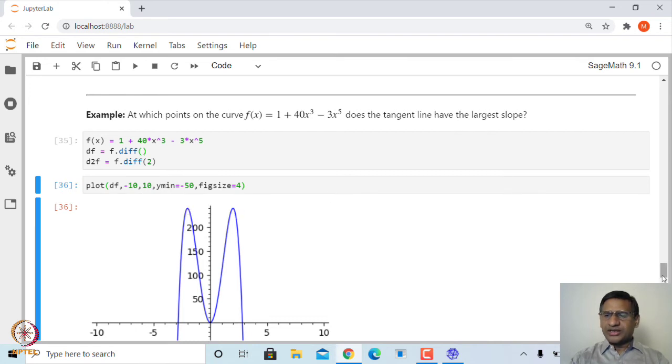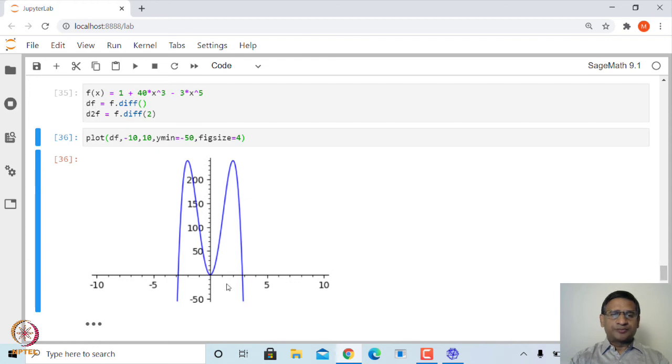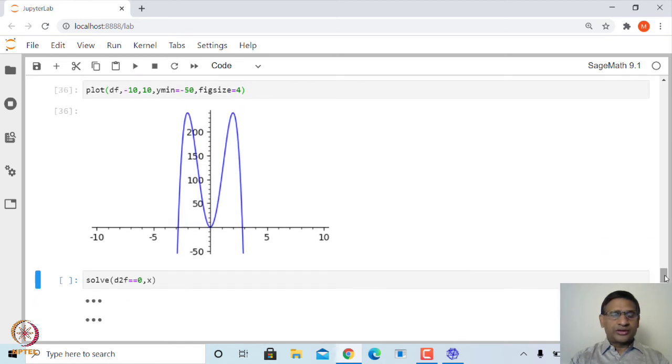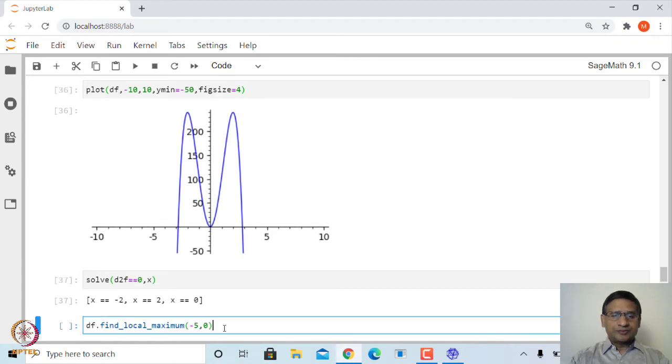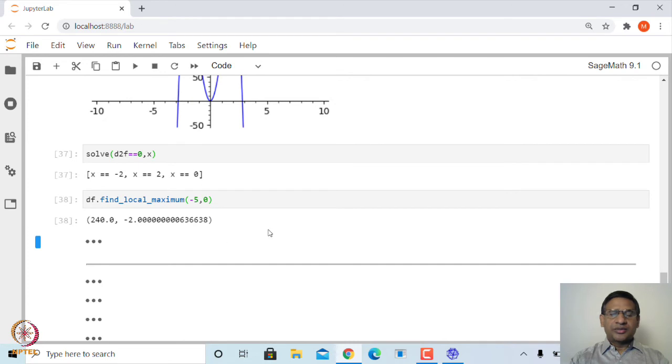So, you can simply find the local maximum and local minimum of the derivative of f. You have to find where the second derivative equals 0, and those will be the critical points of the derivative of f. These are the 3 points actually, but at 0 it has a local minimum. So, if I try to find the local maximum between